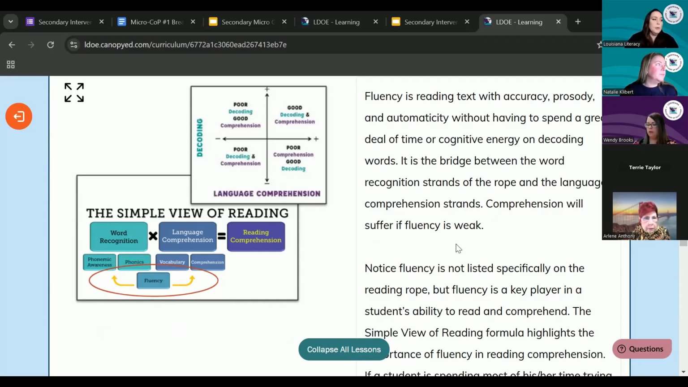But that's because I want you to think of fluency as like a bridge between word recognition and language comprehension. So fluency means we're reading the text with accuracy, prosody, and automaticity without spending a great deal of our cognitive energy trying to just figure out what a word is on the page. Students that are not very fluent readers may read slowly, they may read really choppily. They're spending a lot of their time just trying to figure out what a word says, and they're not able to spend as much of their energy on trying to figure out what the words